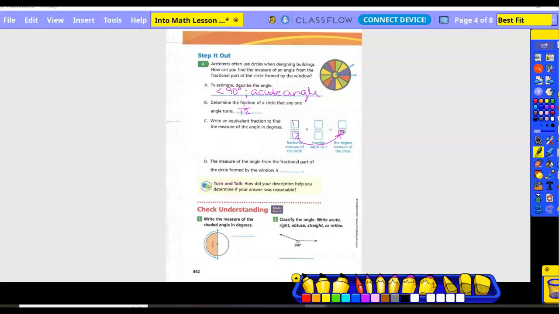Put my basic fact in a box. How do I get from 12 to 36? 3, and then I have to add a 0. What I do on the bottom, I do on the top. So 1 times 30 is 30. Okay, so the measure of the angle from the fractional part of the circle formed by the window is 30